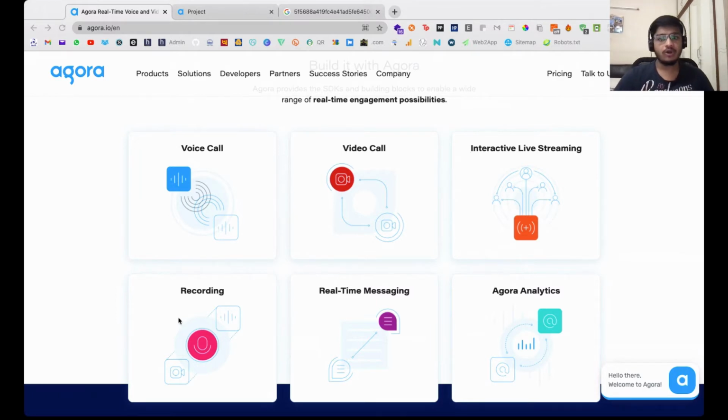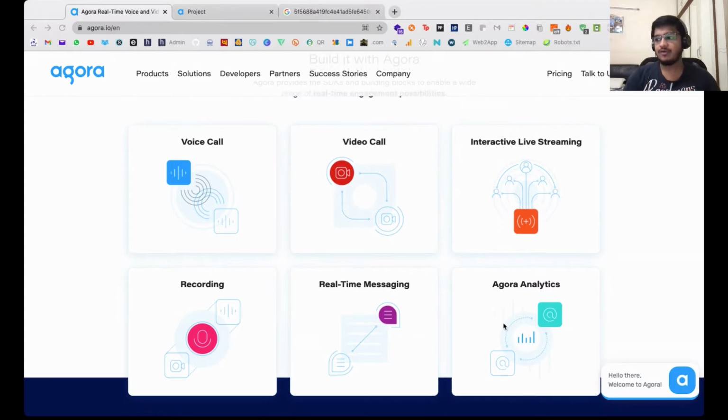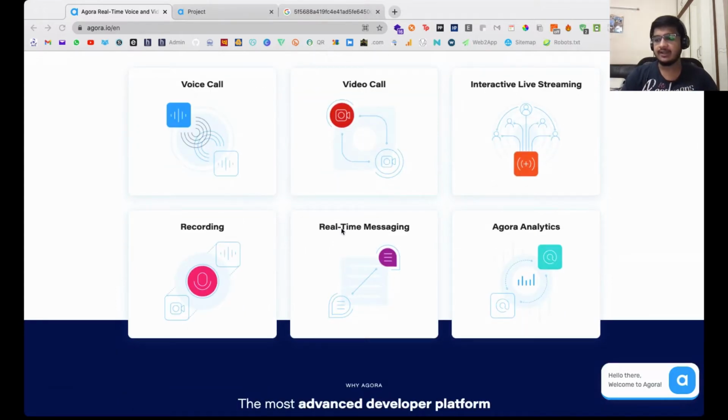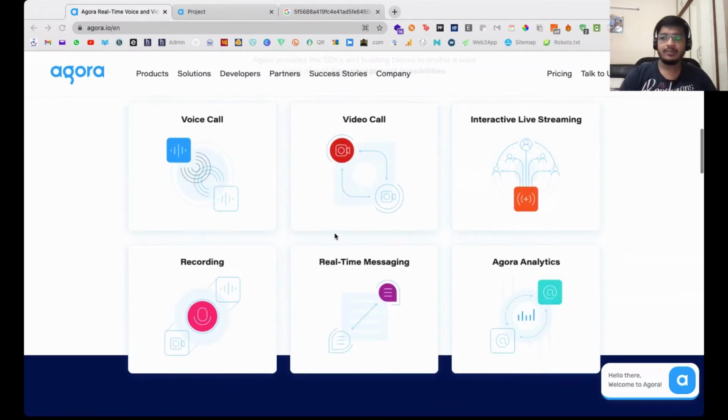You can record all your calls, be it voice, audio, video, both, live streaming, anything and everything. There's real-time messaging where you get a socket and you can use it however you want for any kind of use case. And then there's analytics. But each of these has its own SDK. Either there's an API for cloud recording or there's an SDK for the others.